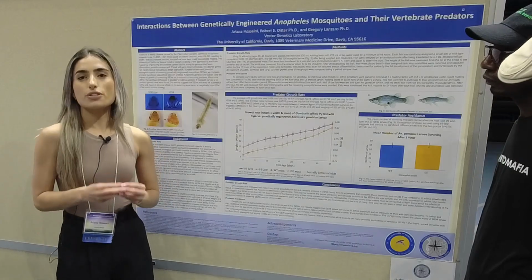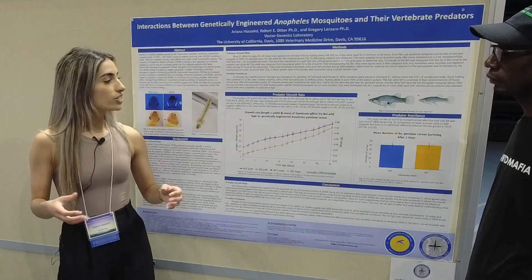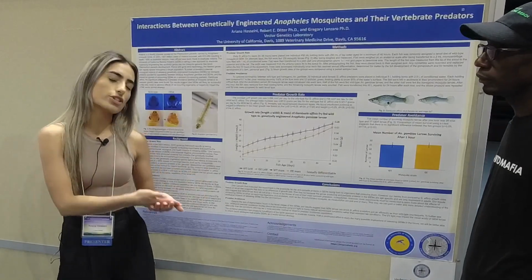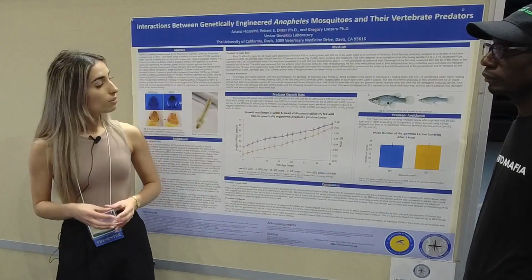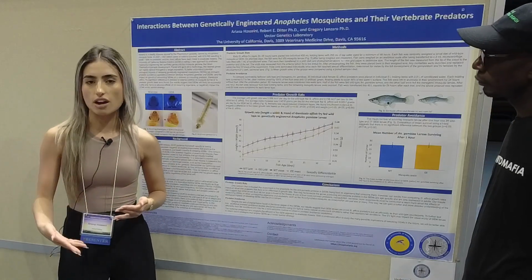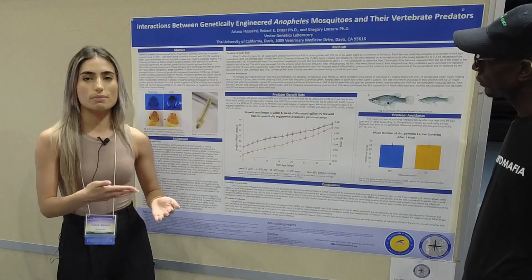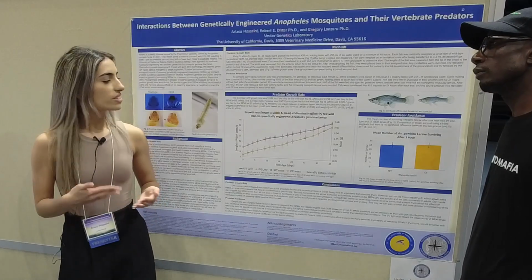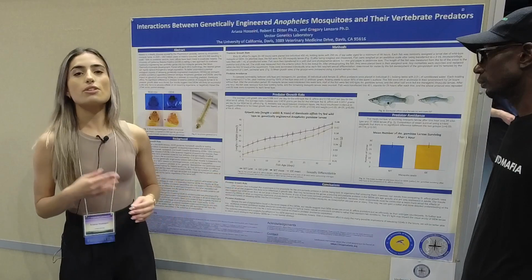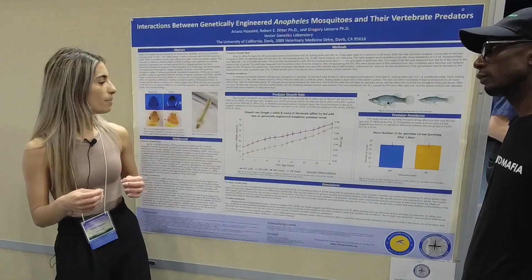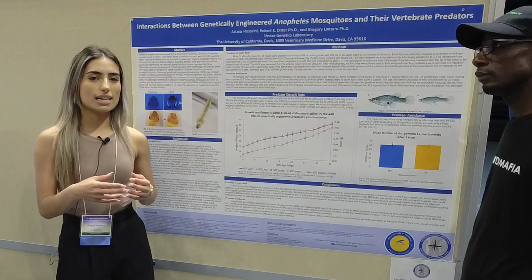To do this, we took 30 mosquito fish in individual tanks and put 50 mosquito larvae in each one, either transgenic or wild type. After 1 hour, we removed the mosquito fish and counted the number of surviving larvae, the ones that were able to avoid the mosquito fish. We found no significant difference in the mean number of surviving mosquito larvae. So this data suggests that despite having this red-eyed phenotype, it did not inhibit the mosquito's ability to avoid